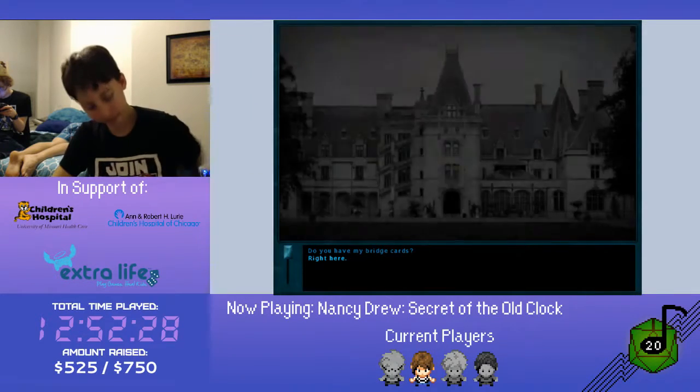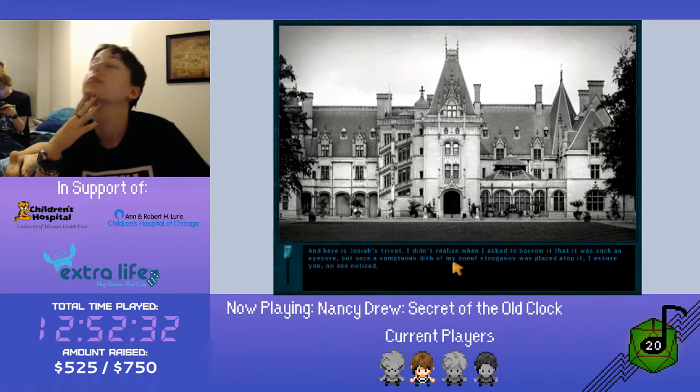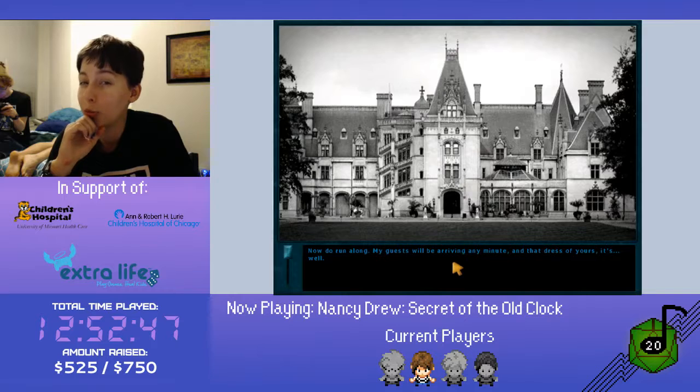Get the trivet. Do you have my bridge cards? Right here. Good. And here is Josiah's trivet. I only didn't realize when I asked to borrow it that it was such an eyesore. But once a sumptuous dish of my beef stroganoff was placed atop it, I assure you, no one noticed. Now run along. My guest will be arriving any minute, and that dress of yours, it's, well...